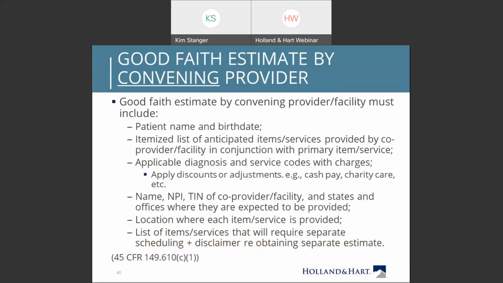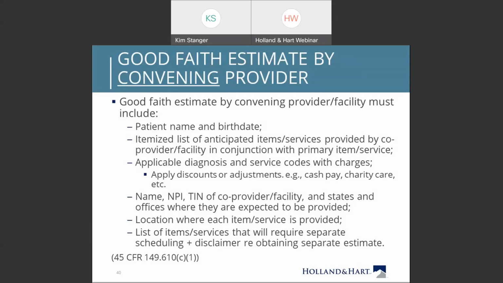Well, what does that good faith estimate include? Well, the good faith estimate by a convening provider has to include the following: the patient name and birth date, the itemized list of anticipated items or services provided by the co-provider or facility in conjunction with the primary item or service, the applicable diagnosis, services, and codes with the associated charges. And when calculating that, you need to make sure that you're applying any discounts or adjustments that would otherwise be available, including if you've got a cash pay discount or charity care, you're supposed to include that in your good faith estimate. The name, NPI, TIN of co-providers or co-facilities in the states and offices where they're expected to be provided,